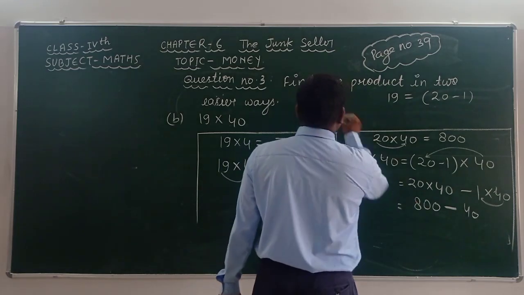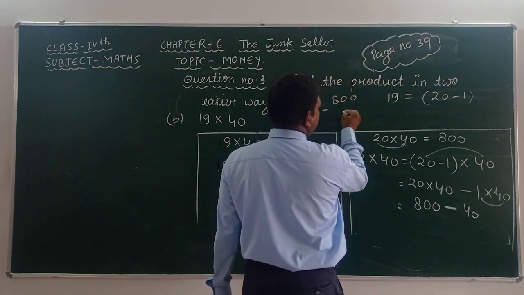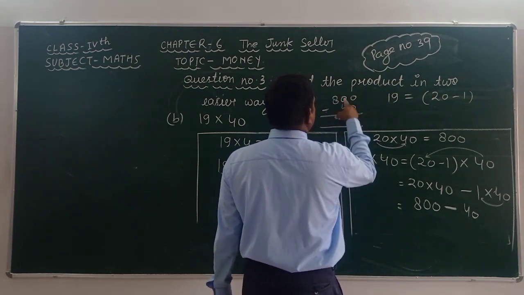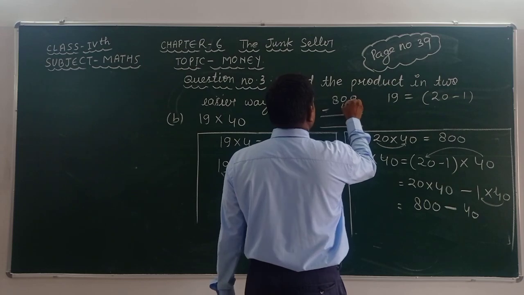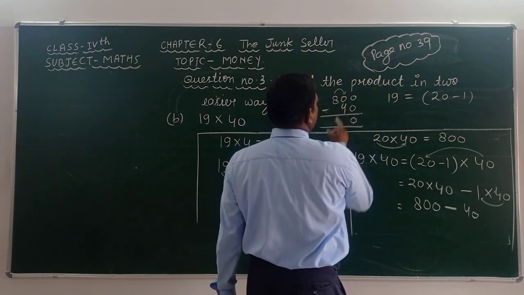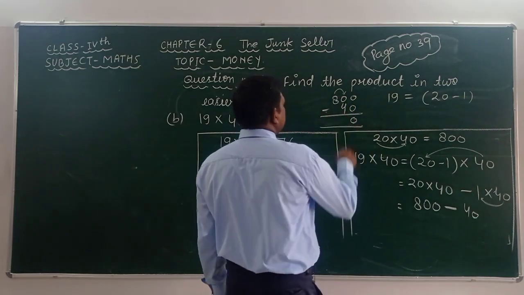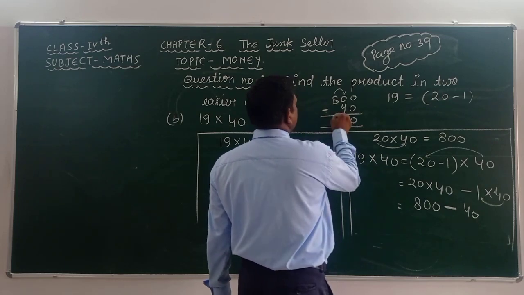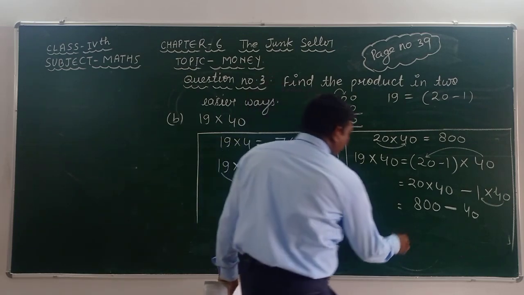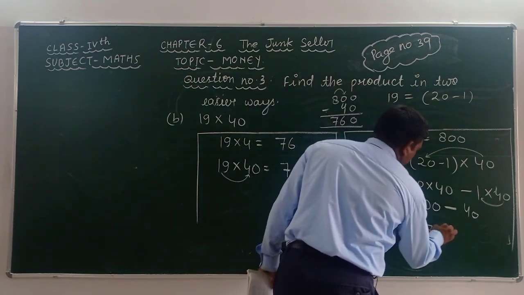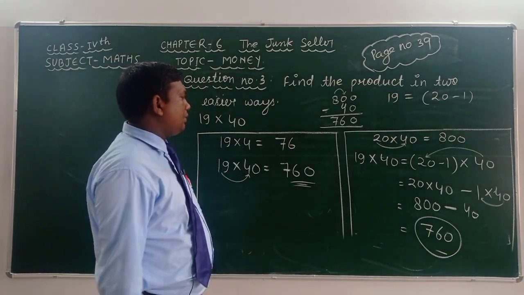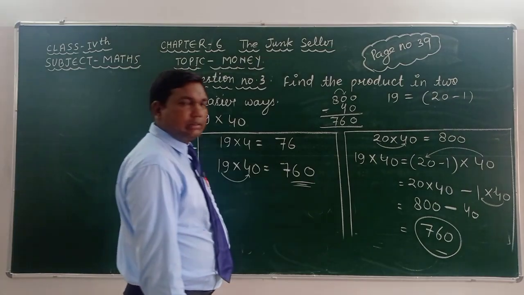It means that here given that 800 minus 40. Just now look at here carefully. 0 minus 0 is 0. Here given that 0, here 4. We know that 0 is less than 4. Therefore, we can take one borrow from this 8 and this 0 makes 10. 10 minus 4 is 6. And here we get 7. Therefore, we can take 7 as same. Okay. Then the answer is 760. This and this are same. Therefore, the answer of this question is 760.